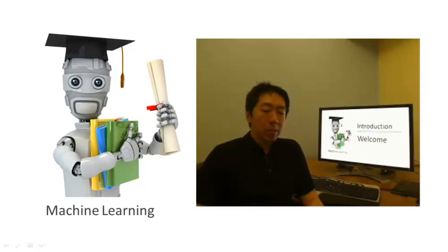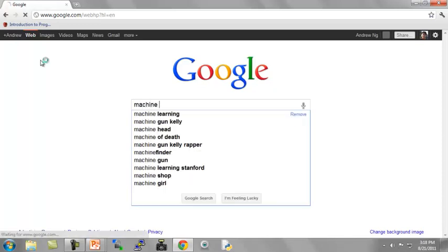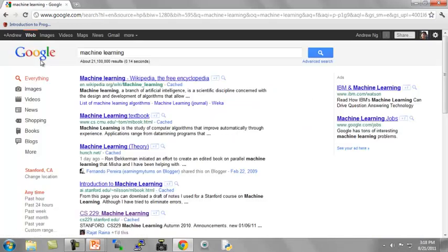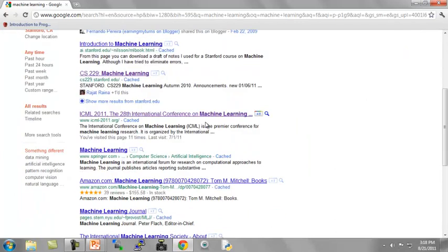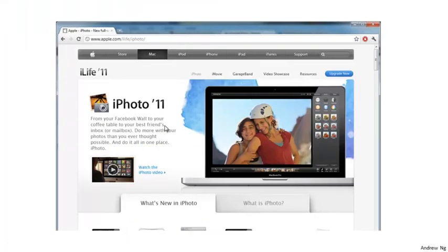It turns out you probably use a learning algorithm dozens of times a day without knowing it. Every time you use a web search engine like Google or Bing to do a web search, one of the reasons it works so well is because a learning algorithm, run by Google or Microsoft, has learned how to rank web pages. Every time you use Facebook or Apple's photo tagging application and it recognizes your friends' photos, that's also machine learning. And every time you read your email and your spam filter saves you from having to wait through tons of spam email, that's also a learning algorithm.